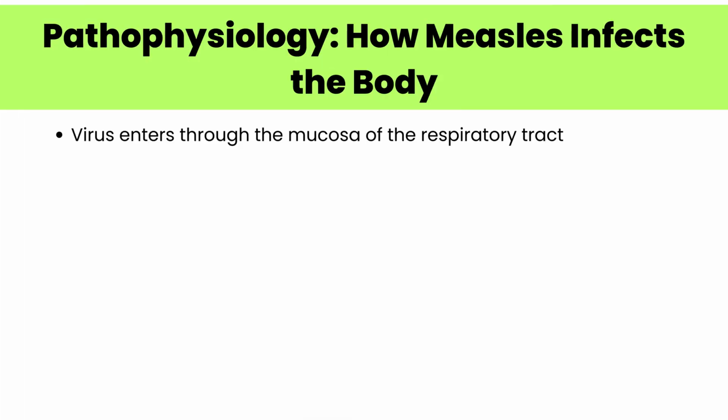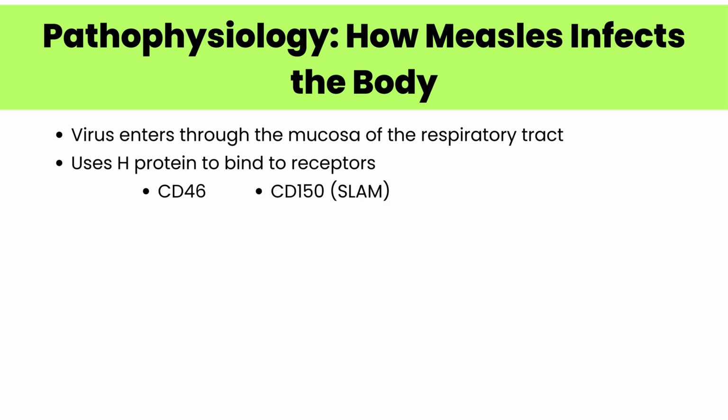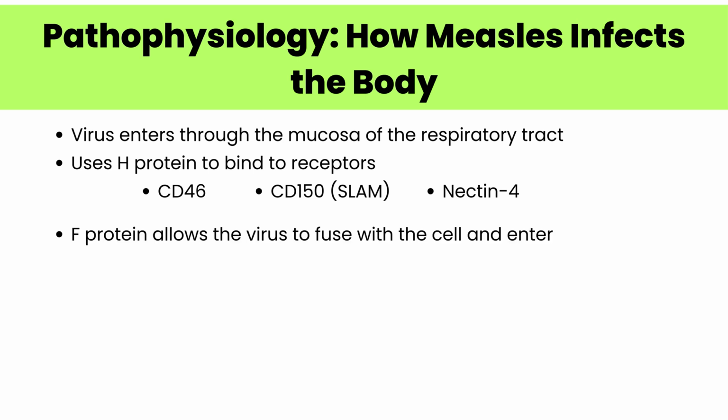Once the measles virus enters the body through the respiratory tract, it infects the epithelial cells in the trachea and bronchi. It uses a surface protein called hemagglutinin, H protein, to bind to receptors on host cells, such as CD46, found on all nucleated human cells, CD150, SLAM, found on immune cells like B and T cells, and Nectin-4, a cellular adhesion molecule. Once inside the cell, the fusion F protein helps the virus merge with the membrane, releasing its genetic